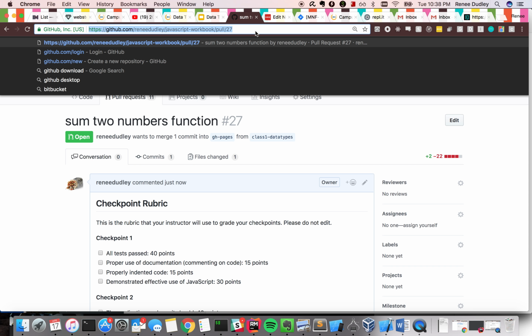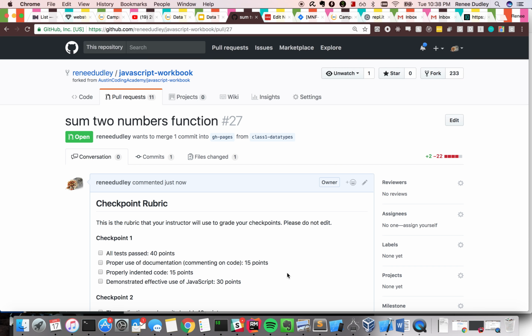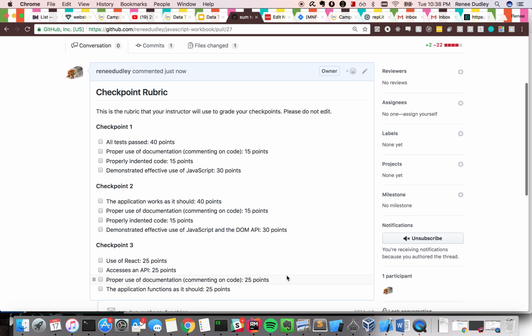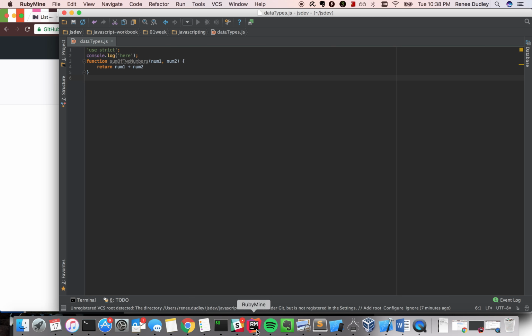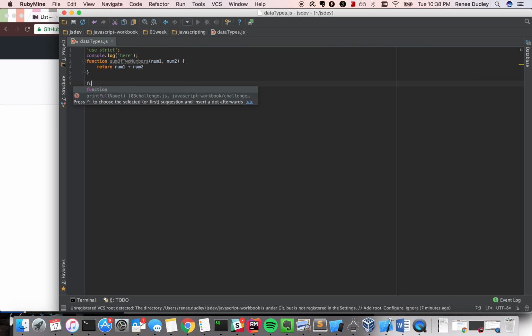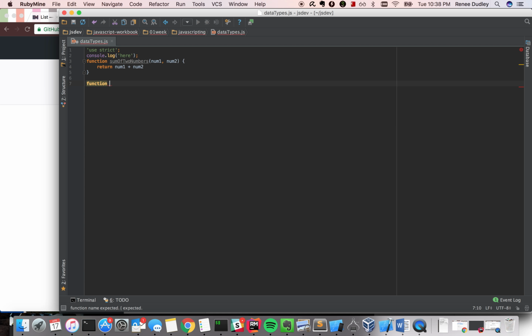You'll always submit this pull request link. Okay, so that's initial. Like, cool, I did one function, but there's a lot of other functions. So let's say that I wrote another function and I needed to update that pull request. Totally fine. You could write another function